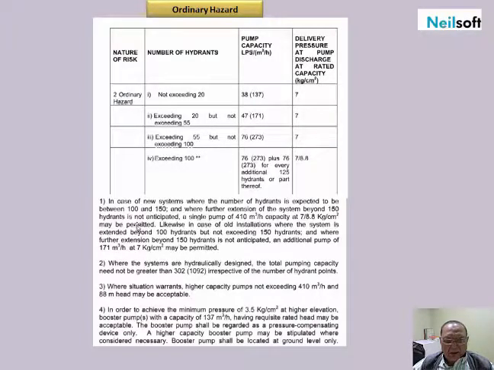This footnote also covers when the conditions are between 100 and 150, where the further extension of the system beyond 150 hydrants is not anticipated. What does it mean? In the factory areas or industrial areas or in certain building areas, where the ordinary hazard is applicable according to the requirement, we may have a provision for the future extension by